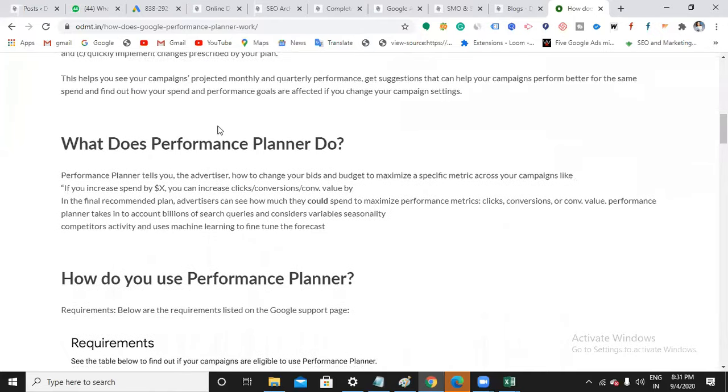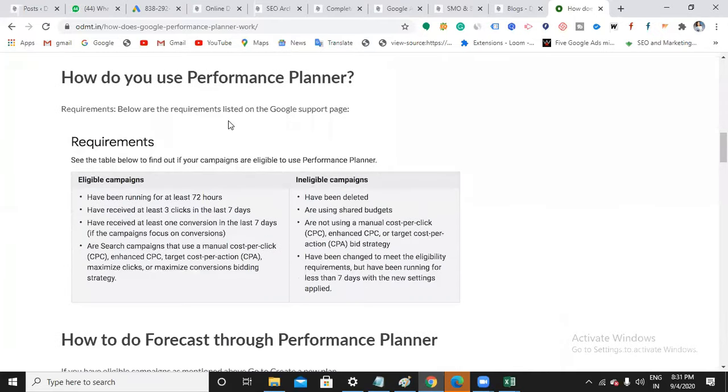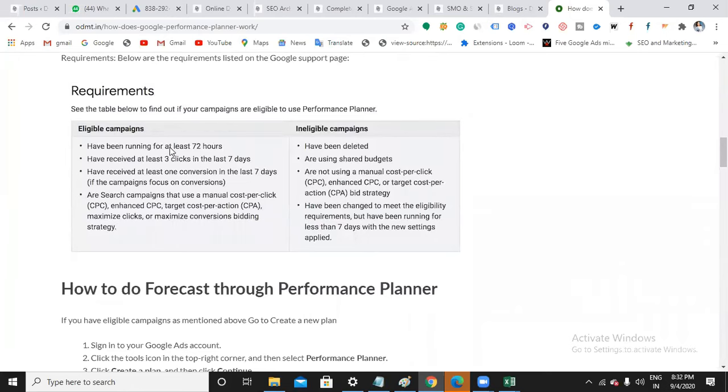Okay. The next: how do you use the performance planner? Not everyone can use this performance planner. The person who has been running ads for at least 72 hours can. So when you want to use this performance planner, make sure that you have been running ads for at least 72 hours. And then you should get at least 3 clicks in the last 3 days.